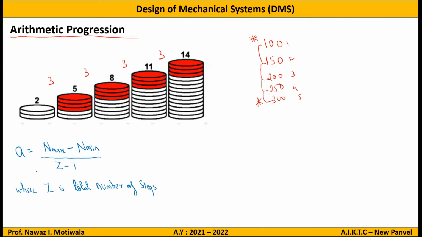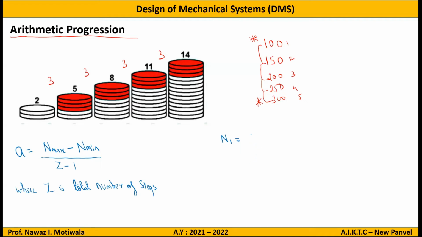Okay, so expanding this further, what can you tell about the first speed in the gearbox? What will be your N1? It's a very simple question. It's already available on the screen. उसने जो लोअर लिमिट दिया रहेगा. Correct. क्वेश्चन में जो लोअर लिमिट रहेगा वही तो हमारी फर्स्ट स्पीड होगी ना. Is it logical? Yes.